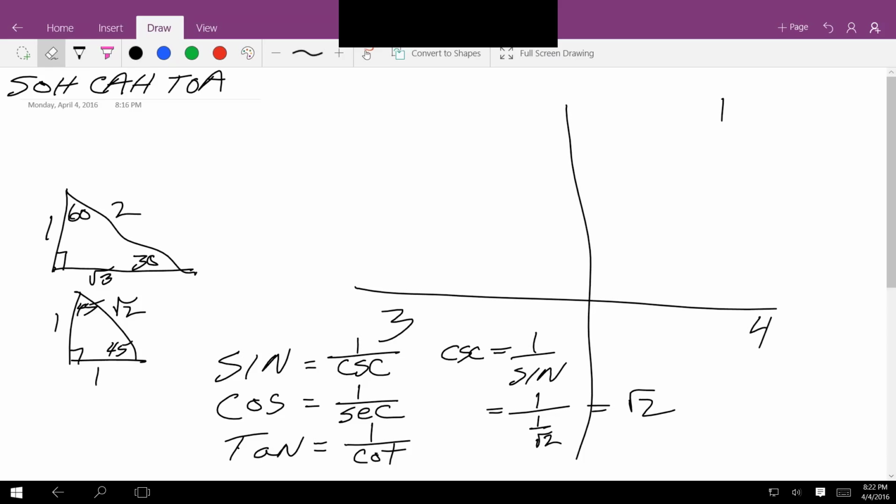What else you got? I'm going to leave up everything on there for the moment. Do you have any that are not in the first quadrant? Yeah, but they're just ones like